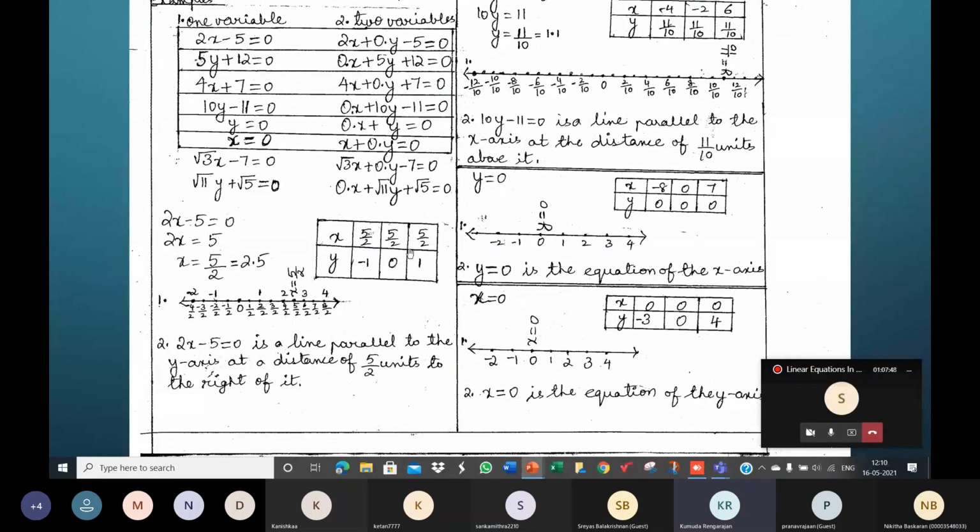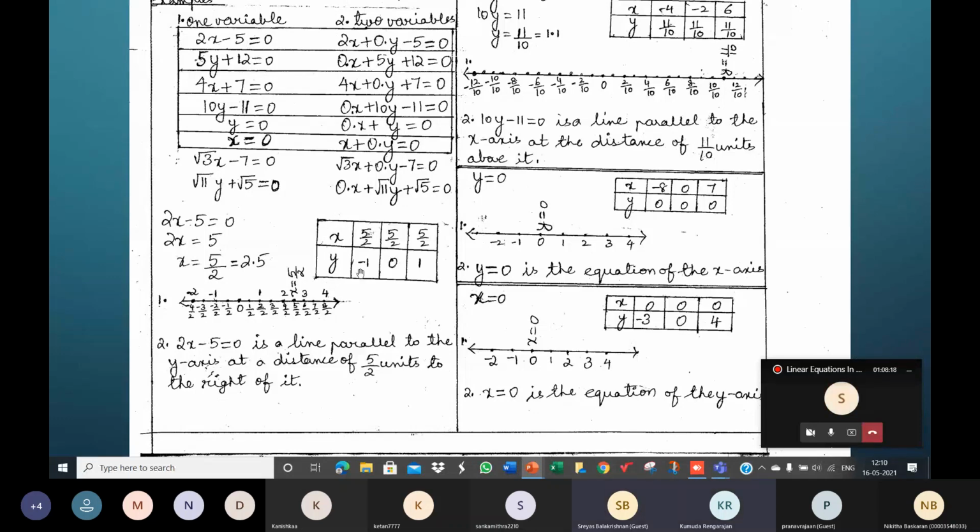So this table is when you treat this equation as an equation in two variables x and y. So this one, 2x plus 0y minus 5 is equal to 0. This table is for this one. See, this is one example. You can see the geometric representation here. Now, when you treat this like this,